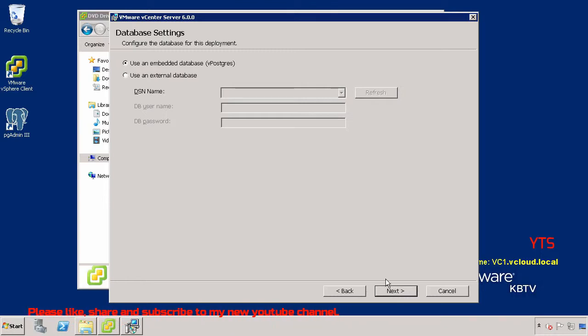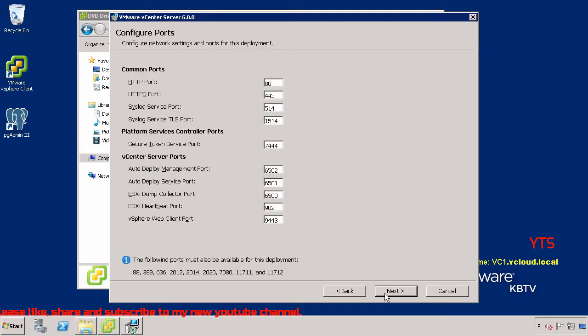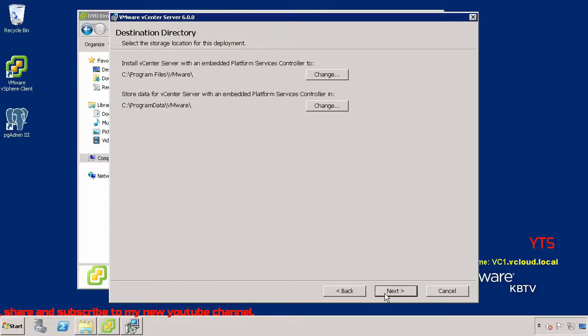In this example, we selected the Use an Embedded Database option, which is suitable for small-scale deployments. Click Next. For each component, accept the default port numbers. If another service is using the default ports, you may define alternative ports here. Click Next. If you would like to change the destination folders in which vCenter Server is installed, you may change